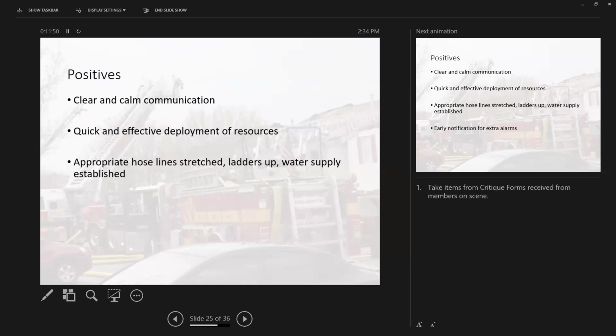So good job. Again, early notification for extra alarms and the special call units. So right when fire was out, they went ahead and notified for Vent 21. Just for information only, Vent 21 will not fire up their fans until we have confirmed fire out. So if you call for ventilation inside of a building, and in this case we still had some smoldering embers and things that kind of flared up once we got to the outside,